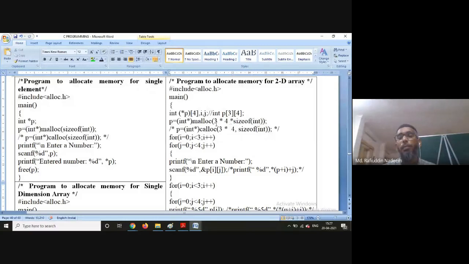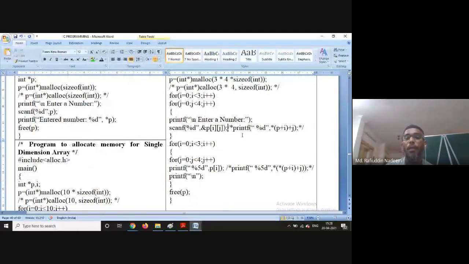Now it is a multi-dimensional array where you can point to the elements from p of 0, 0, p of 0, 1, p of 0, 2, 0, 3, likewise up to p of 2, 0, 2, 1, 2, 2, 2, 3, like that. Once you have declared the memory dynamically like this, now you can use it. You can use it like this: for i equal to 0, i less than 3, i plus plus, for j up to 4. Then here, scanf percentage d ampersand of p of i j. This is a regular thing which you are using. You have just declared an array here. It is of p of 3, 4.